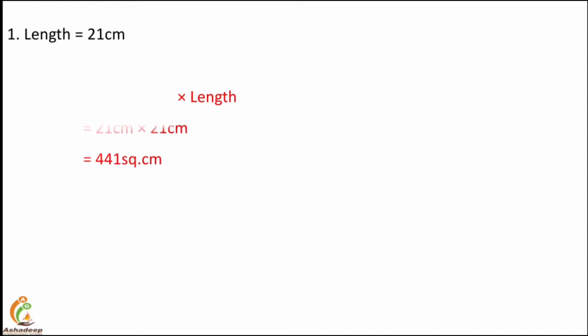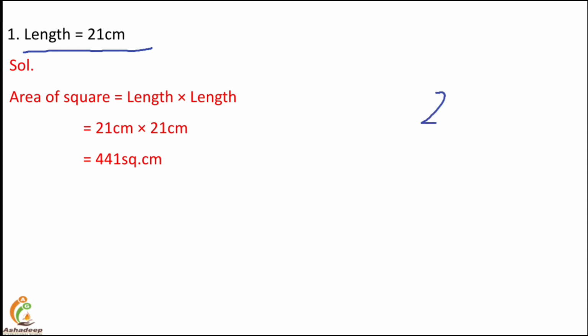Okay, next we have 21 centimeter, that is the only length we have. Now we have been given numbers. By using a number, we'll find the area of either a square or a rectangle. Only length will be given. I told you in perimeter also, if only length is given, it will be about a square only, because a square's sides are the same, 21, 21, 21, 21. So this way you can go ahead.